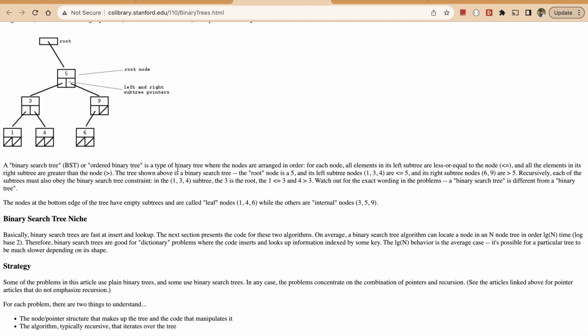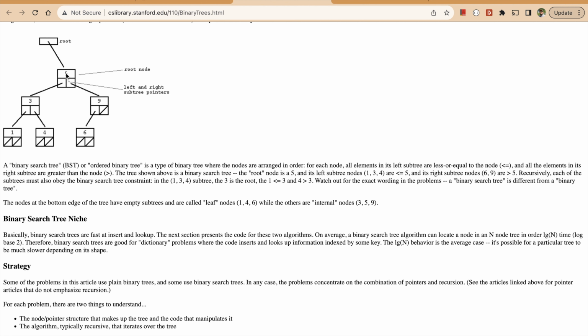Now adding a number is not linear here, right? Like in the case of a list, if I have to add a number I just append it at the end. But here, since this has to be sorted, if I add, for example, 7, I cannot just add it to the end of 6 or 9. It has to be sorted, right? 7 has to be between 6 and 9. First it starts from the root,